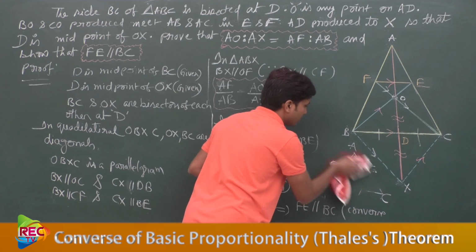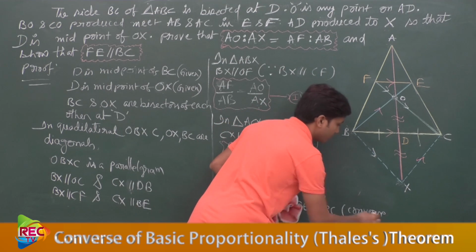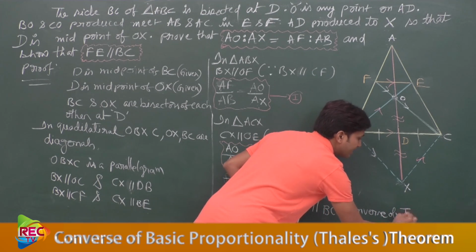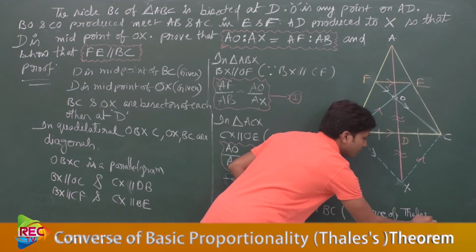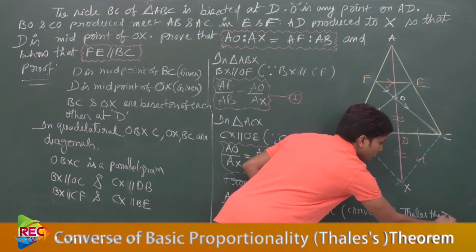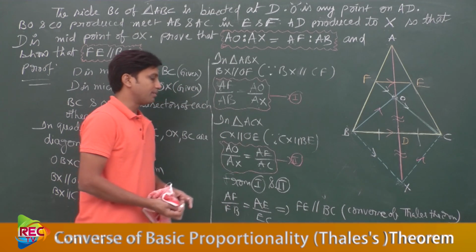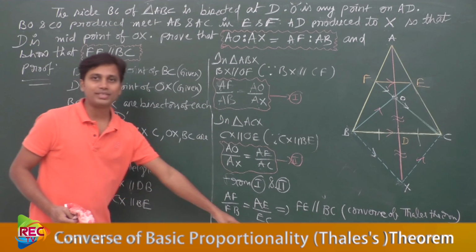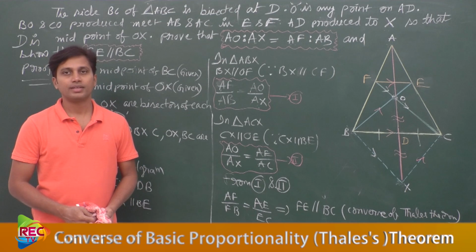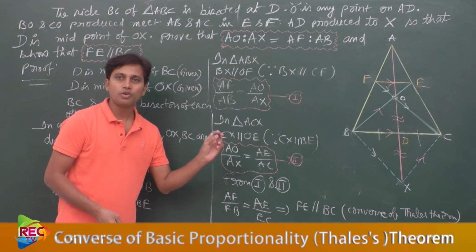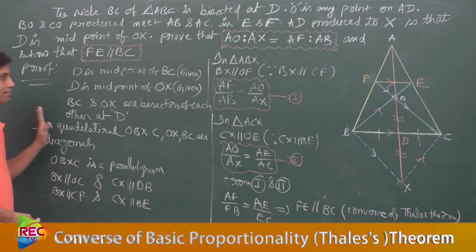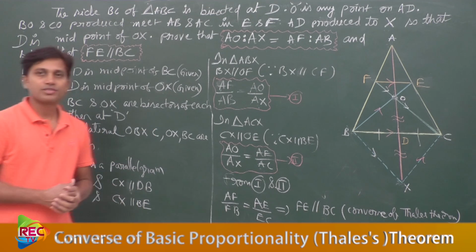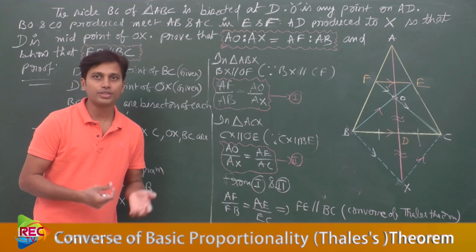Okay, let me rub this. From the converse of Thales theorem. So is it not our result? See here, FE parallel to BC. Like this we can prove it. Understood? The problem might look somewhat clumsy, but it's a very important one. So like this you need to prove these theorems. I think you understood this.